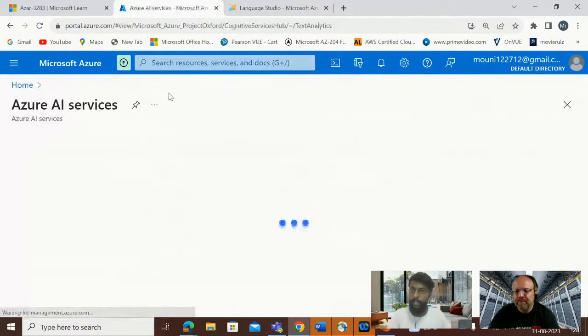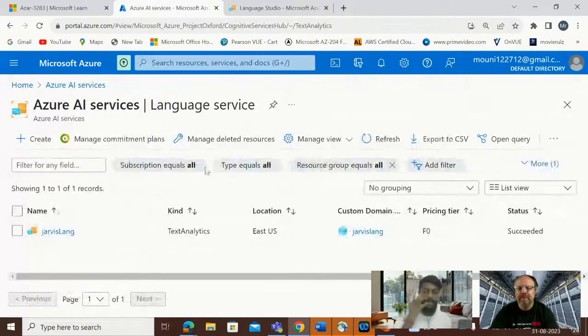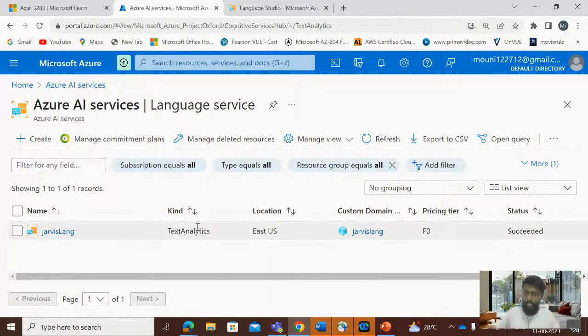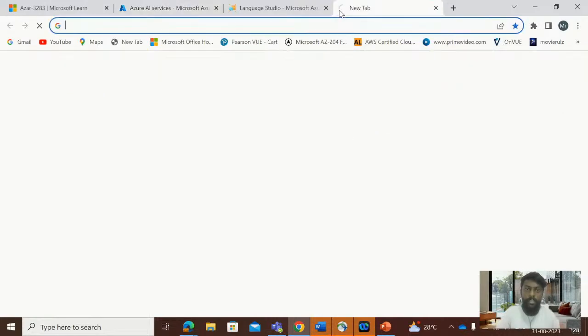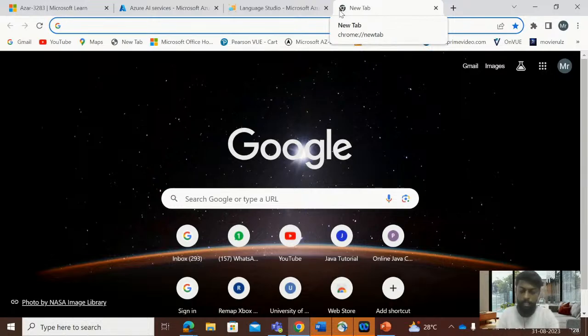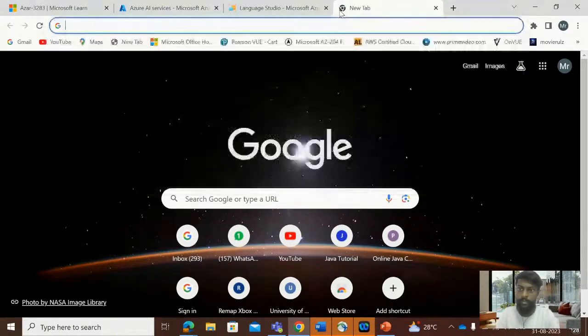Yeah. So for the language service, after clicking that, it will show a pop-up saying your resource has been created. After that, what you have to do is just go to this, the language service which I've already created. After this, you should open the language studio. So far, what we have done is we have opened an Azure account and we have created a language service. And after creating that, just go into a new tab and click